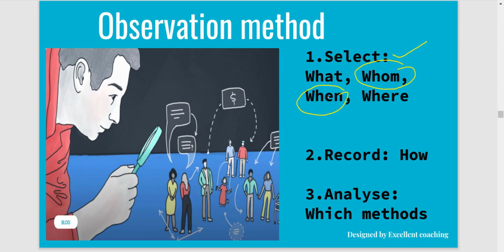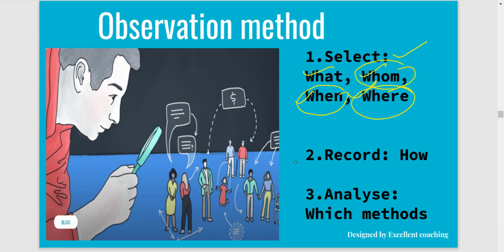Next is when you are going to observe. What are the timings? Are you going to the particular place where that participant is already there? Are you calling that participant to the lab? What type of observation, and when are you going to observe that participant? Where you are going to observe, like I said, are you going to observe in a lab, or are you going to the place where the participant is already staying? That is called naturalistic observation. So what type of observation and where are you going to observe? These are the four aims that you have to predetermine before starting your observation method.